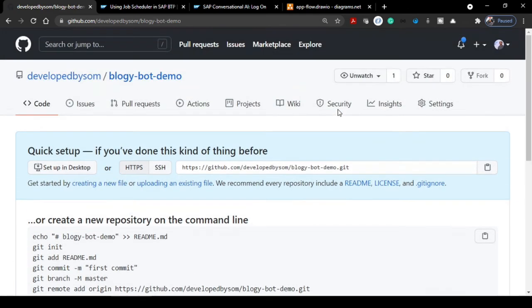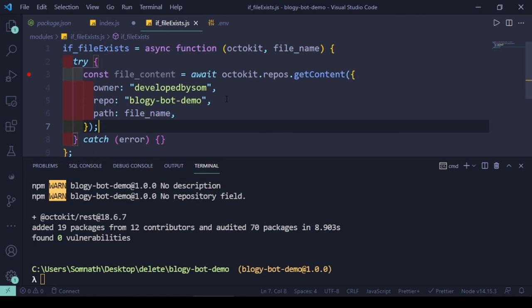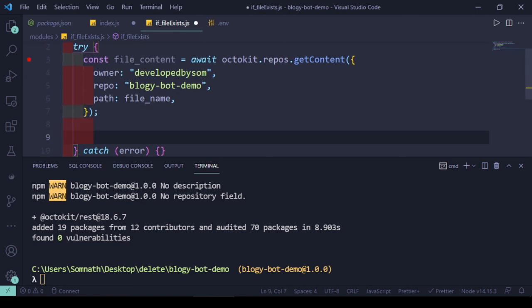So now this repository got created and its name is Bloggy bot demo. Let's put that one over here. This is my user ID. You have to put your user ID, of course, otherwise it will not work. Quite logical. Let's now see, once I get that file content, I will grab two things. One is if it is successfully fetched, that means the file does exist, and we'll collect the SHA value, because we will need the SHA value to update the same file again.